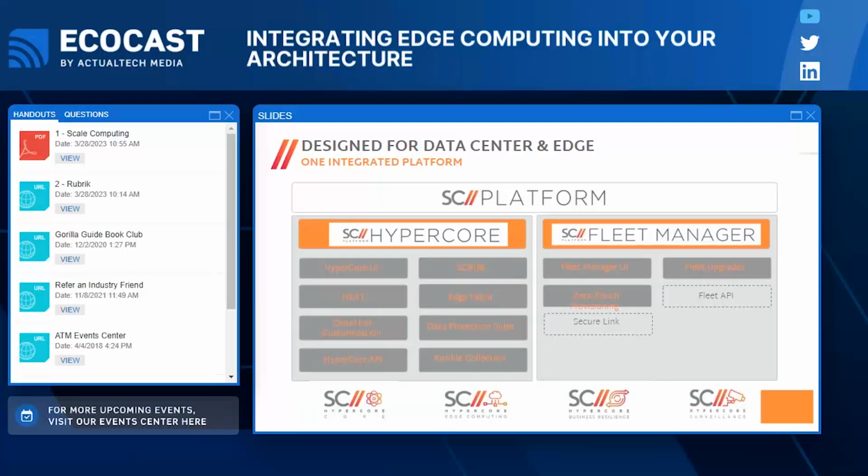But really our goal is to provide that end-to-end, complete edge, data center to edge, one integrated platform, and handle everything from day one initial provisioning, getting the workloads online with automation. We have an Ansible collection, for example, that can deploy and configure your applications fresh from scratch. Can handle things like importing existing applications. Can also handle day two operations where you need to expand resources. You need to add a new application very rapidly out to the fleet. All that can be done in an automated way, which is really essential when you start talking about hundreds or certainly thousands of sites. So we've really focused on that.